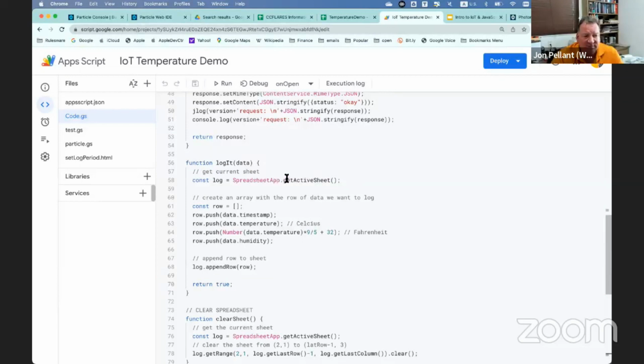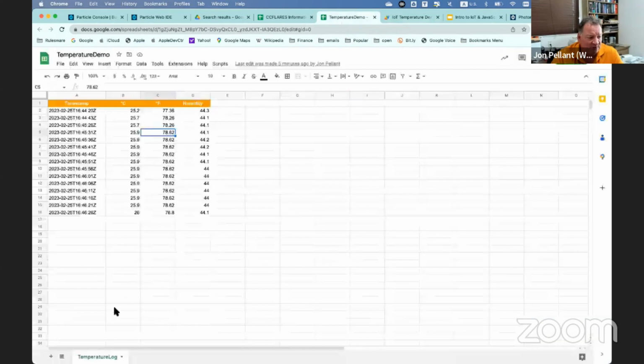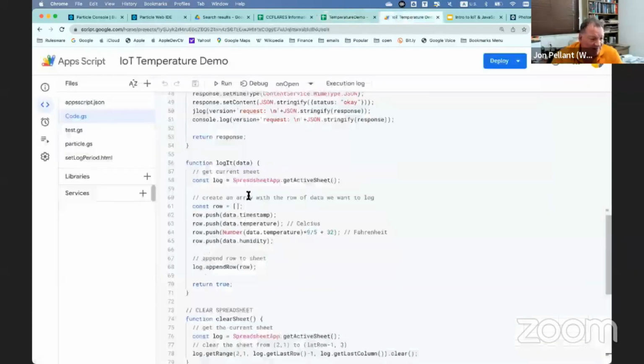I call the spreadsheet app, which I get the active spreadsheet that I'm currently in, the active sheet, which if you look on the bottom here, all of these are sheets, and there is only one. So this is the active sheet that I'm using. And then from the active sheet, I create a new row array and I start pushing to it. I grab the timestamp and push it to it. I grab the temperature, which is in Celsius. I push to it. Then I take that temperature, I convert it to Fahrenheit by keep in mind that data